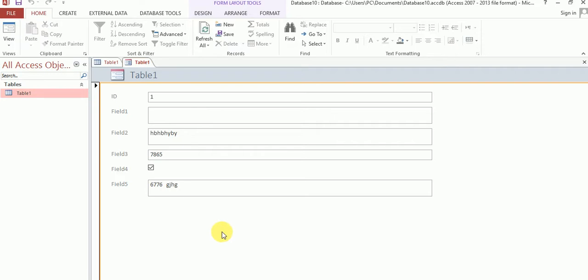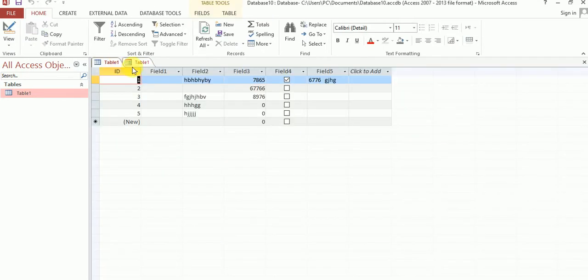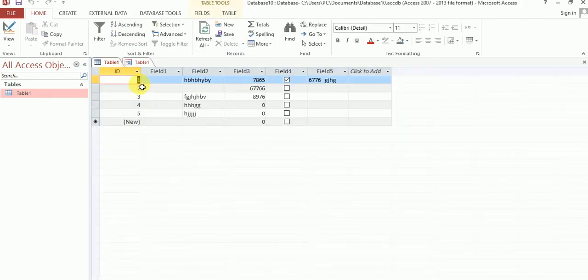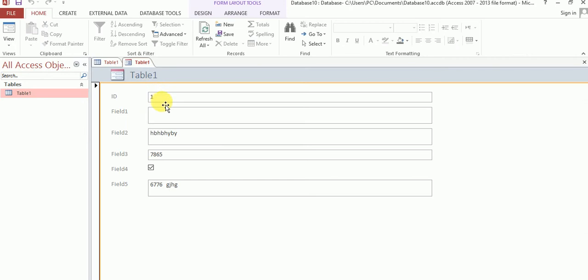Okay, so forms provide a user interface that lets the user enter and sense data in a table. You can see the table's ID number is 1. Yes, 1.